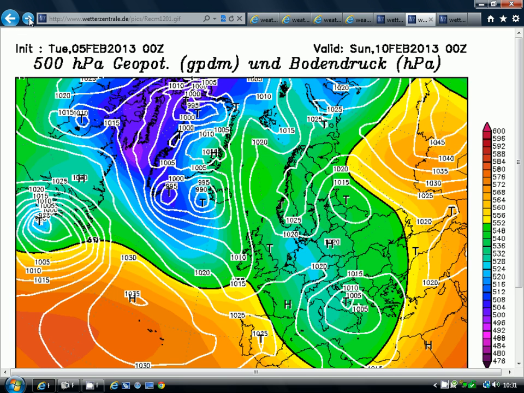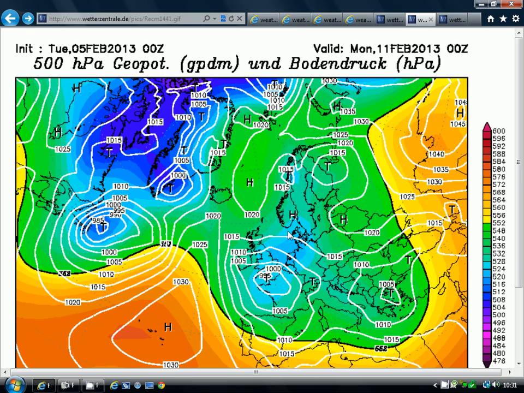Moving through to Sunday the 10th, we find the low pressure trying to come in from the Atlantic, and look what happens, it forms a big area of low pressure to the south of the country. The ECMWF has been going for this kind of scenario for quite a few days now, quite consistently as well, and it's still, as I say, going for it this morning, and this is probably bringing a proper snow event to parts of England and Wales. This would be maybe quite disruptive, actually, so we do have to keep an eye on it as we go through the next few days.